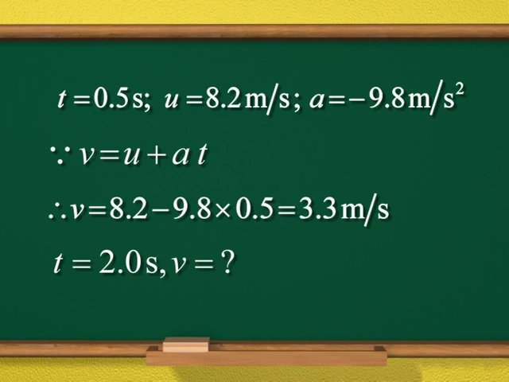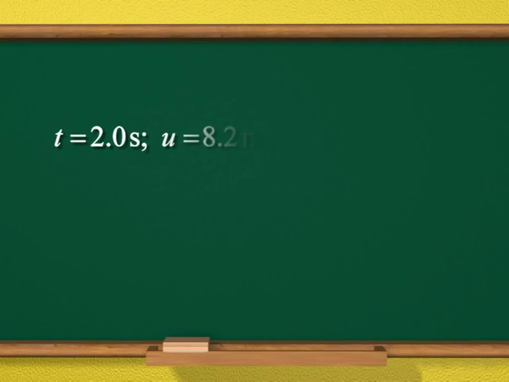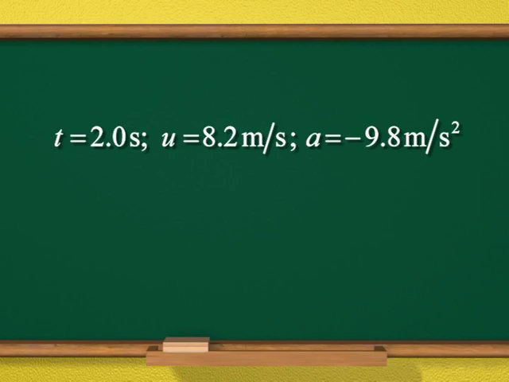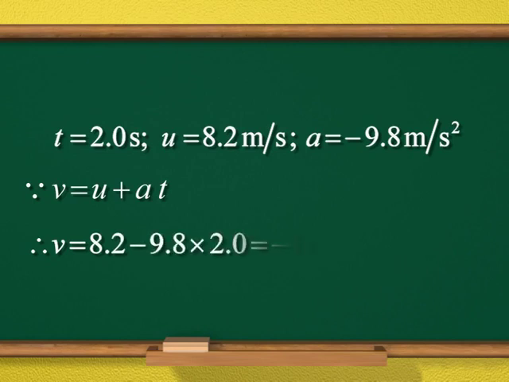On substituting the value of t, that is 2 seconds, initial velocity u equals 8.2 meter per second and acceleration a equal to minus 9.8 meter per second square, we get v equal to 8.2 minus 9.8 multiplied by 2, which gives v equal to minus 11.4 meter per second. Here the negative sign shows that the motion is in